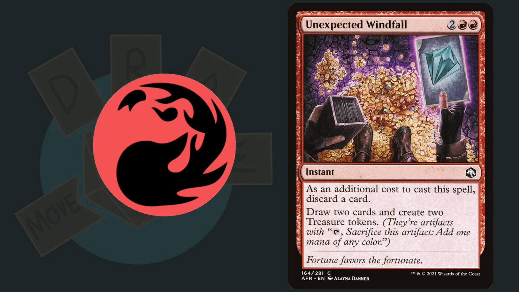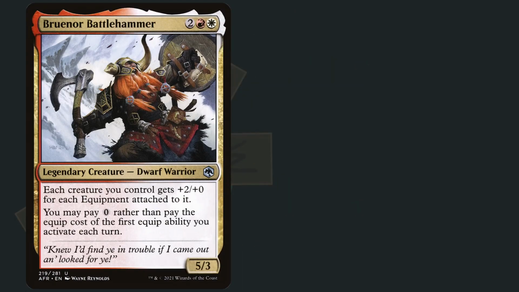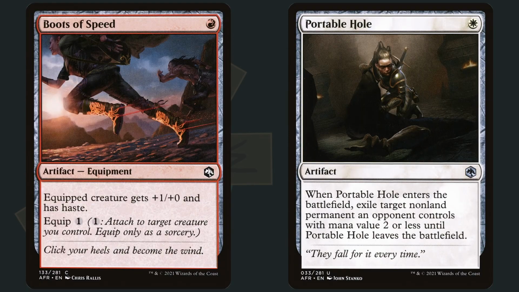Both also continue the new direction for their color pair, focusing on artifacts, since it's, shall we call it, a rebranding from Boros to Lorehold in the Strixhaven set. We still see cards like Brunner and Fighter Class supporting that old equipment and attacking strategy, but many more interesting artifacts are exclusive to Red and White now, like Dancing Sword, Portable Hold, Boots of Speed, and the Book of